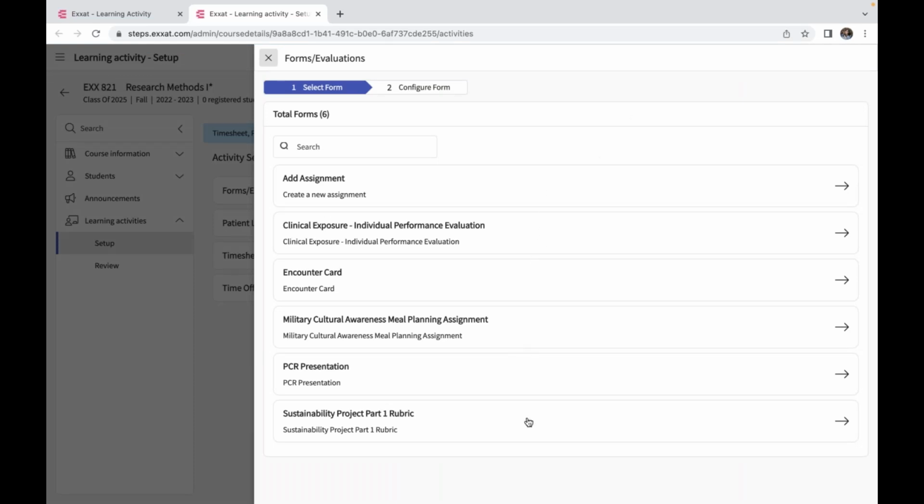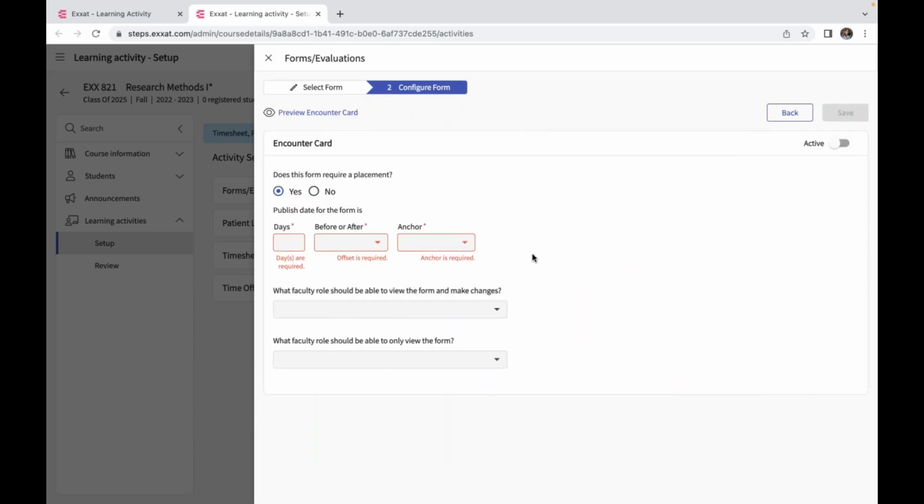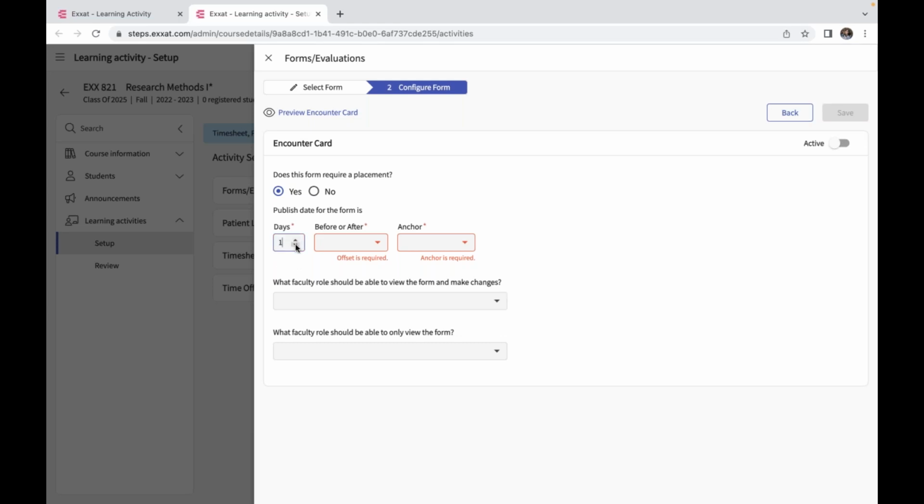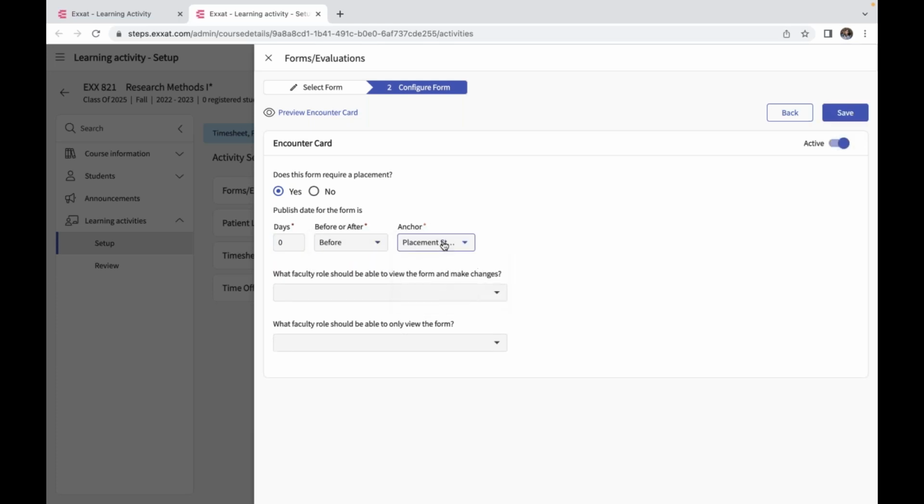Here it will show you all of the forms that our team has set up for you when you are getting onboarded, or as per your preferences, the forms that have been set up from the backend, those would show up here. You can select the form that you want to activate for this course offering. Here you set up a publish date. This basically tells when students start seeing the form on their login. So if I say, for example, it needs to show up on the day the placement started,